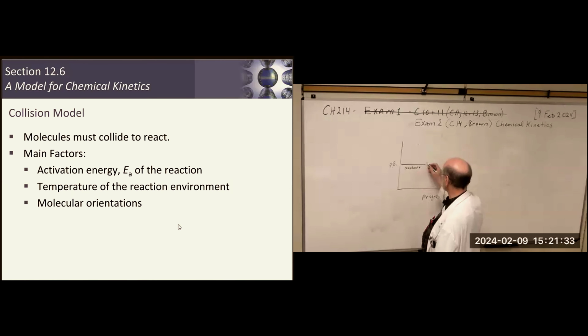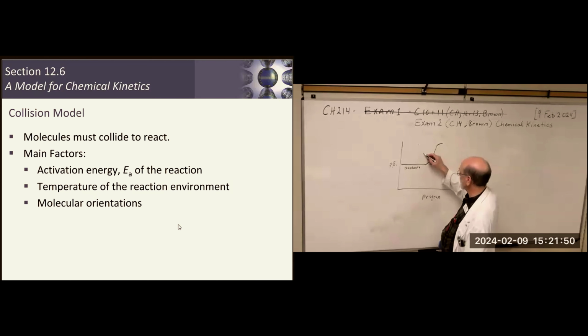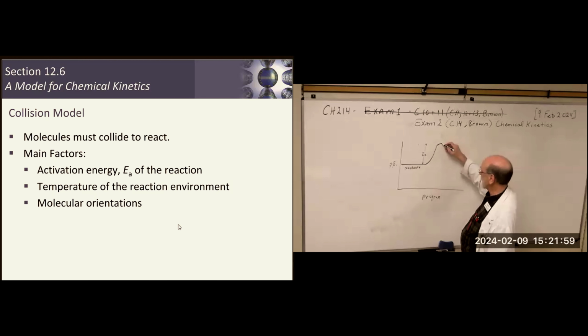When they collide, or when they get together, whatever mechanism we choose, they need energy. And they go to the top. And this is the activation energy, difference between here and here. That amount of energy is required. And if they get to that point and just a hair past, they go over the other side. And now we got products